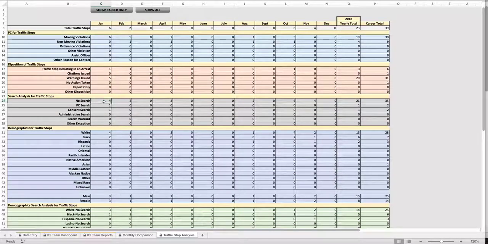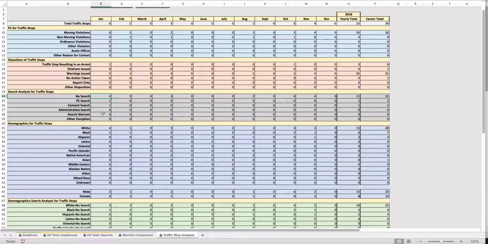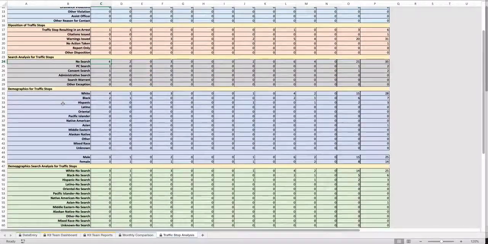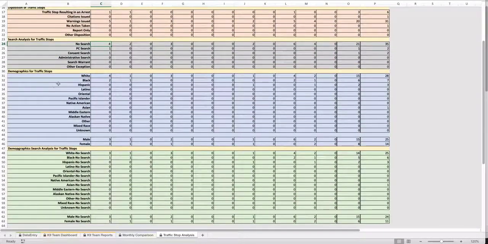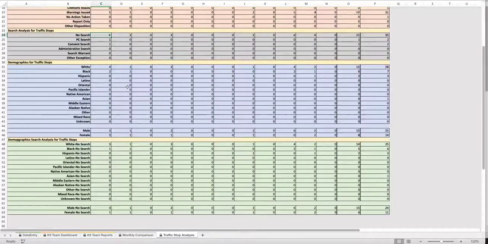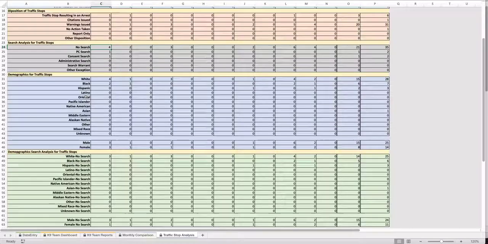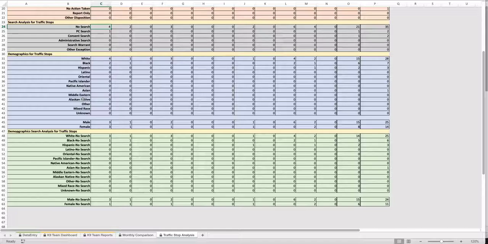Search analysis goes into your reason why you might have searched a car, whether no search was done, a probable cause search, consent search, an administrative inventory, a search warrant, or if there was another exception to the warrant requirement where you did a search and you wanted to track that. Your demographics for the stop are broken down to the races and sexes. And from the Census Bureau is where I got all the races and sexes, the official ones of the Census Bureau, to break down for the traffic stops, so that you'll have all those numbers and you can analyze them however you see fit,